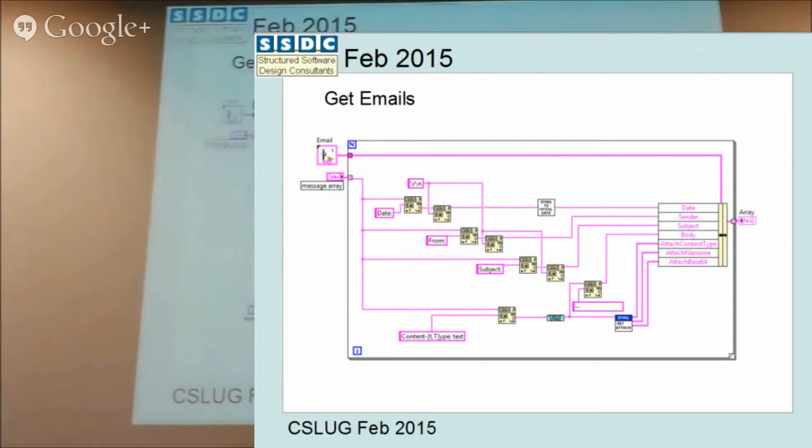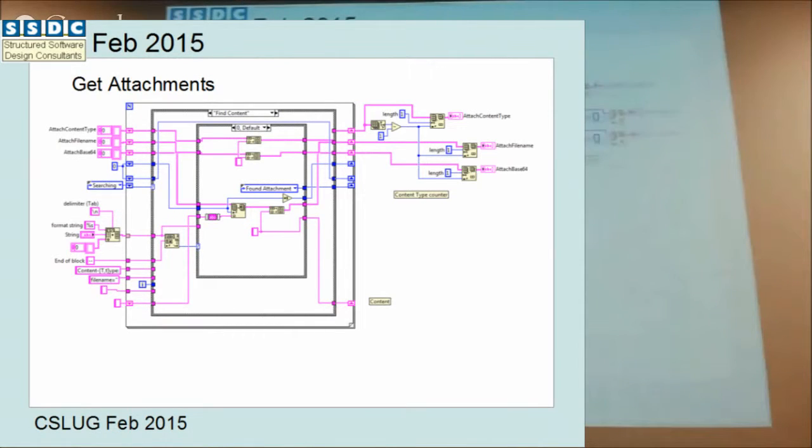Oh, all this code can be available. Apart from I'll take all the buttons out. I'll do it on request. Get attachments, because getting attachments is a bit complicated. I've made a little state machine, which I'll show the code to this, so don't worry about this. But essentially, what you have to do is you step through it, and you can't use this,